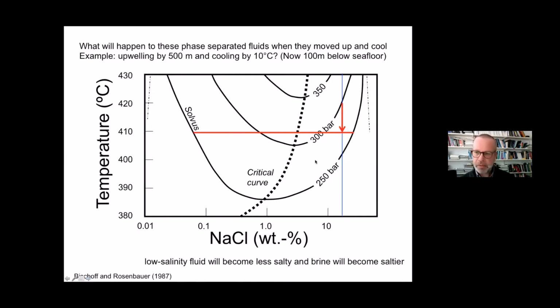And you see what happens is the brine got brinier and the vapor-rich fluid got less briny. So this is what these fluids will do when you superheat seawater,